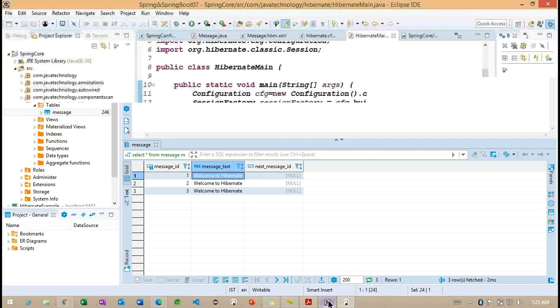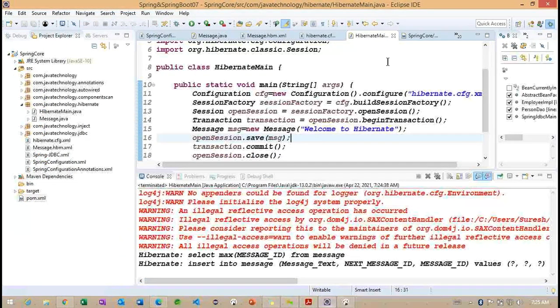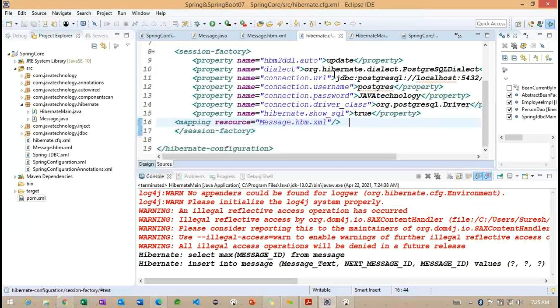Previously, what did we have in the configuration file? Now we can observe this particular hbm2ddl.auto, which we previously set to create-drop. So what exactly does create-drop do internally for each request? Getting the point?